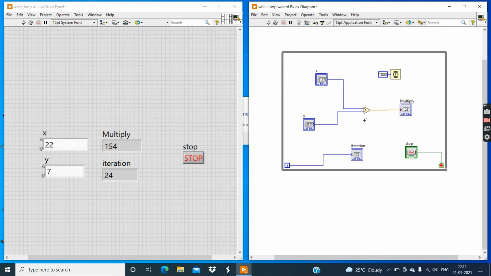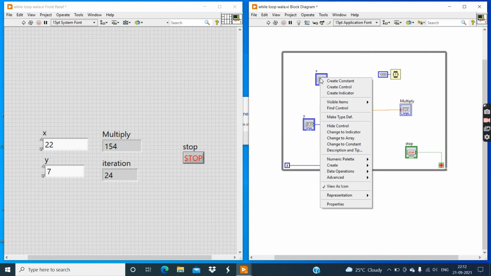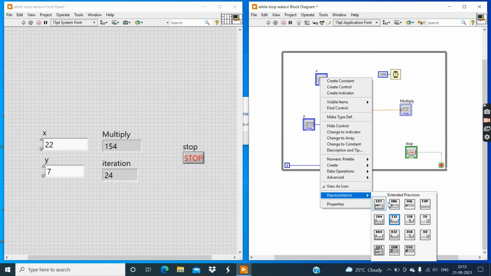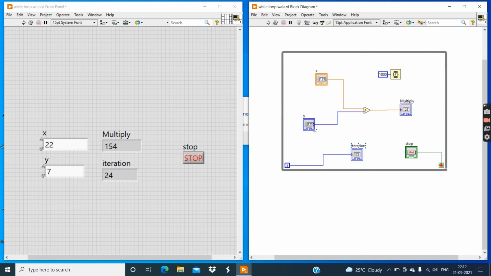The point values come in double data type, and right now the representation of this X controller and Y controller is integer data type. This divide tool has its own representation in double data type format. That's why these three dots occur here. So what we need to do is change the representation of these controllers. Right click and change the representation from integer to double.